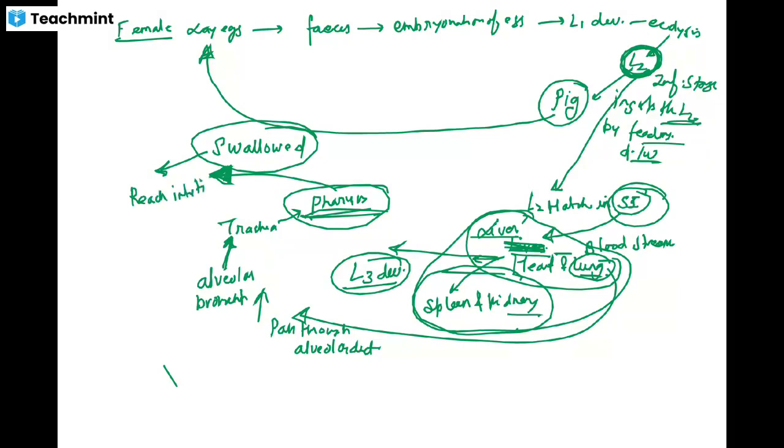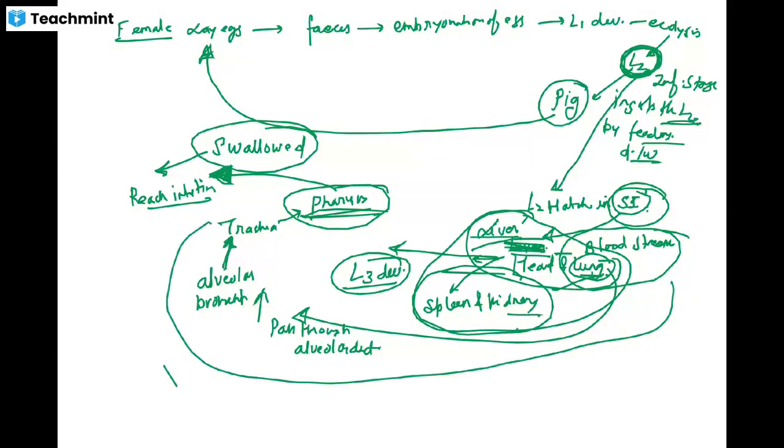और एक चीज यहाँ पे बताना भूल गया मैं, जब यहाँ पे लार्वा लंग्स कर रहा है, L3 स्टेज जब बन रही है, L2 हैच हुआ है, स्मॉल इंटेस्टाइन में गया, लंग में गया, हार्ट में गया, और उसके बाद ये ट्रैकिया मूव किया, तो इसको पूरे को बोलते हैं ट्रैकियल रूट ऑफ माइग्रेशन।